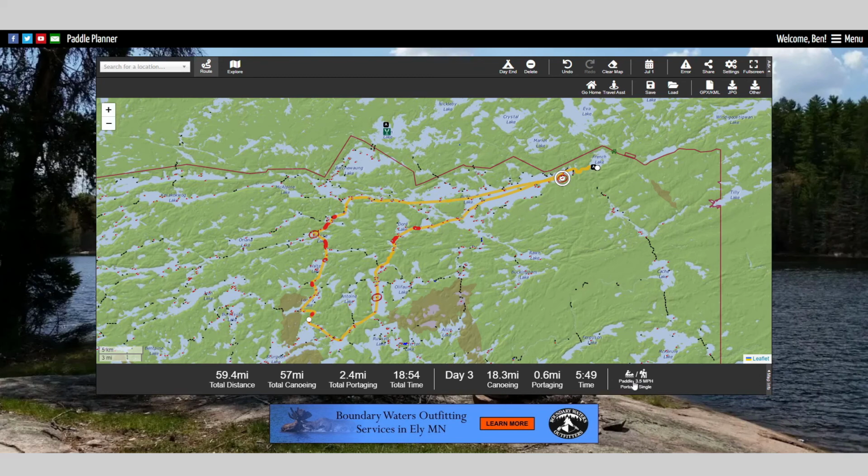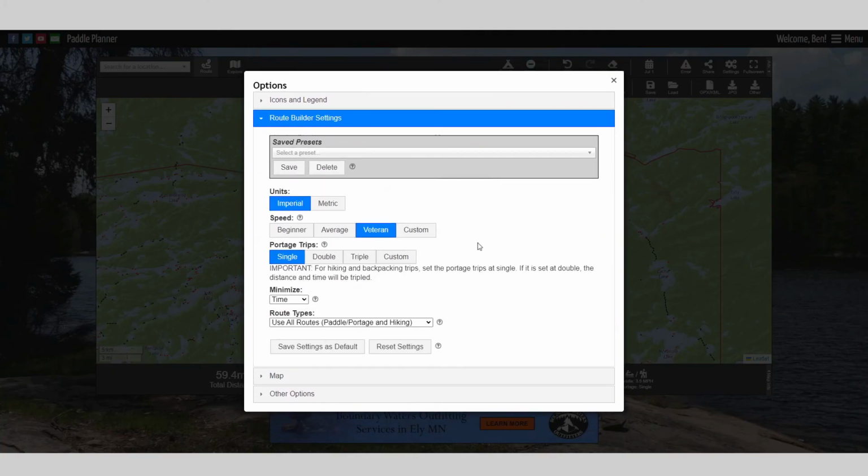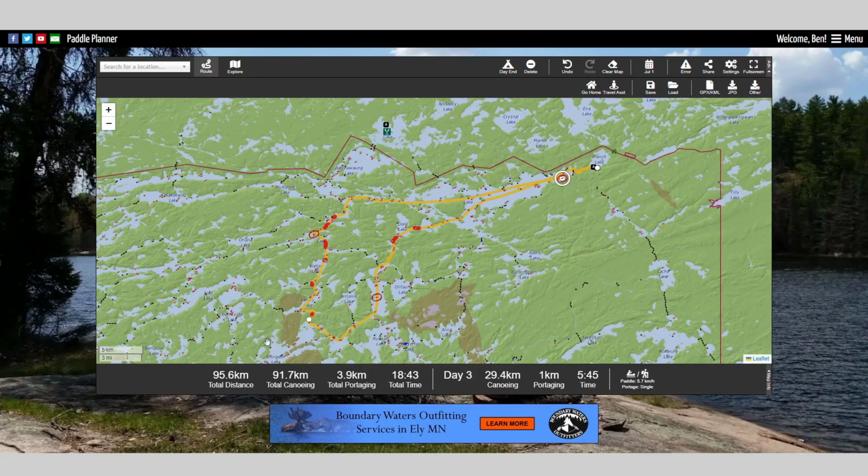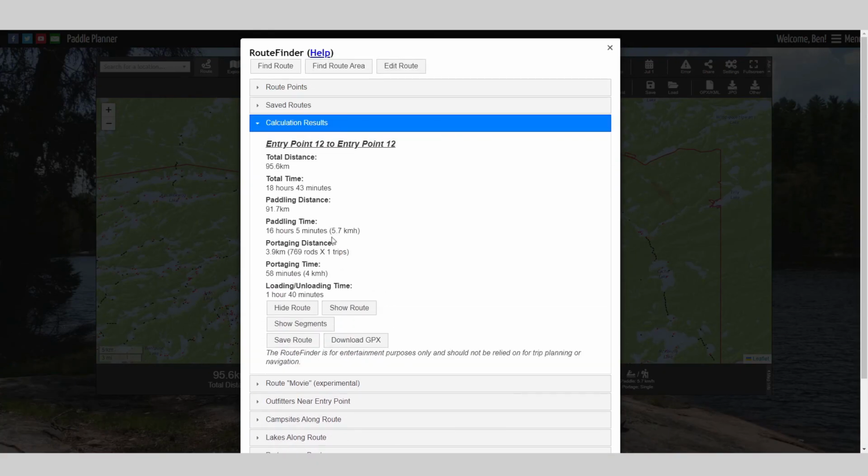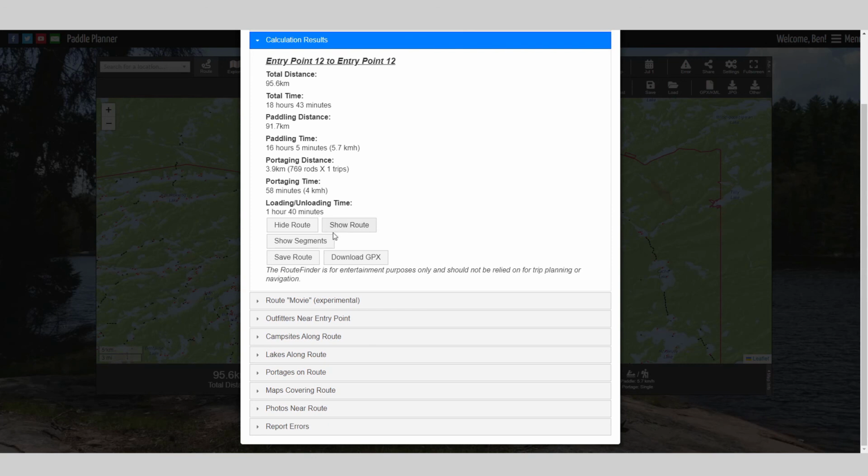The last thing I want to show you is some of you might be irked that this is in miles instead of kilometers. You can easily change that by changing the units from imperial to metric, and that will calculate everything for you here as well. So change it all from miles to kilometers. Should not change the total time, but all of the other stuff that we talked about in prior videos, building